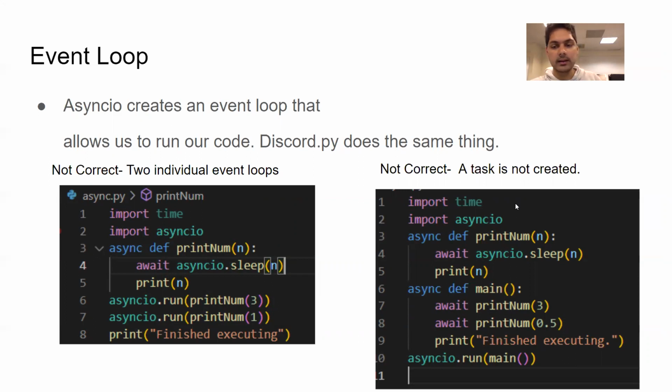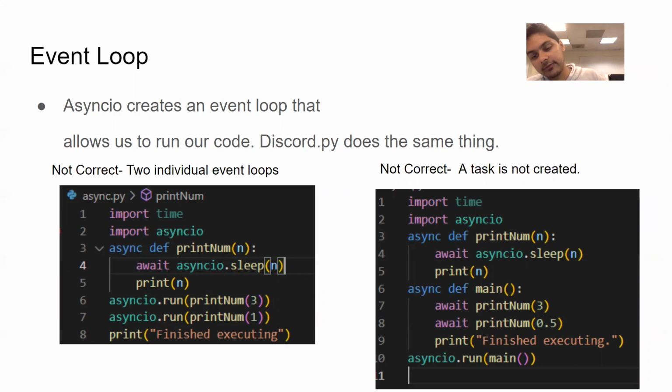I'm actually not using import time, but whatever. So we have the same function, and we have the main function. Now we're gonna await the 2 function calls, print num 3 and print num 0.5. And now we're gonna asyncio.run the main function. But this is actually not correct because a task isn't created. We need to create a task.